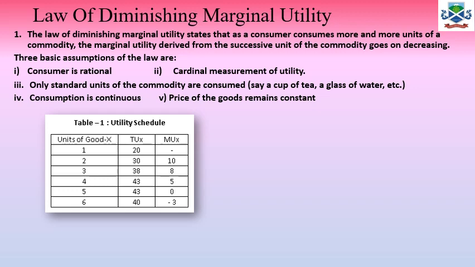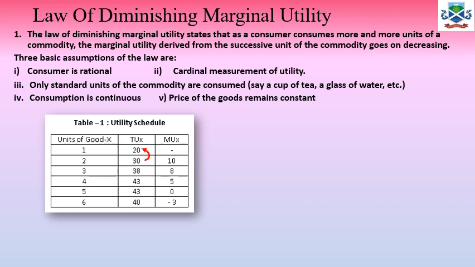Now, we are deriving marginal utility using this formula: MU n is equal to TU n minus TU n minus 1. Based on that we calculate the MU of X. For the first unit, since our consumer is at 0 unit consumption, what his mental status is while consuming 0 units is not given. That's why we are not able to calculate it, and we kept the first unit as a dash.